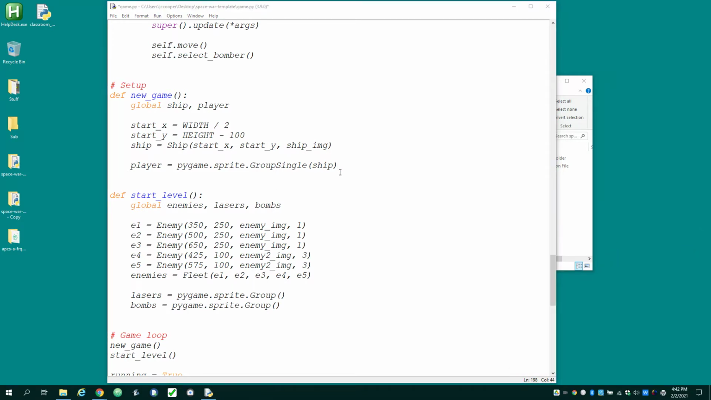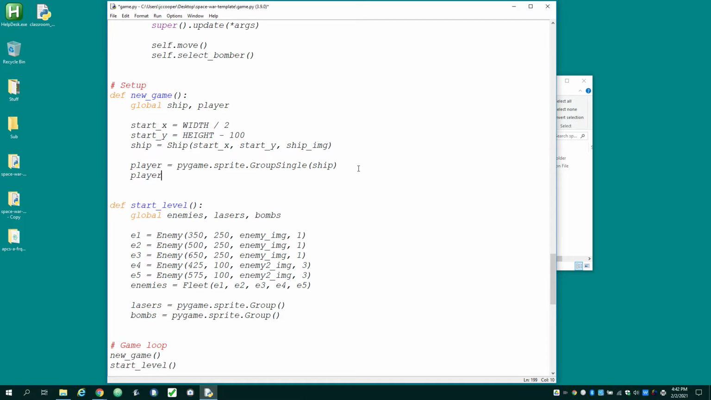All right. So the first thing I want to do is think about where it makes sense to keep track of the score. And I think a score would be associated with a player. And so what I'm going to do is create a new attribute,